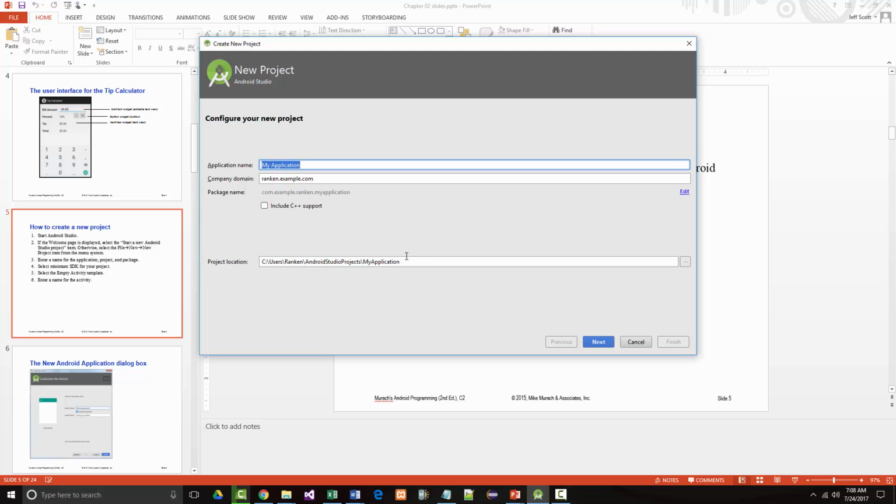If Android Studio displays the welcome page when you start, you can create a new project by selecting Start a New Android Studio Project, which is what you see on your screen right now. Otherwise, if it doesn't come up, you can select File, New Project. Either way, you see this dialog box. All right. Now, what we're going to put here for the application name, you should get used to not putting blank spaces in here. I'm going to type in tip